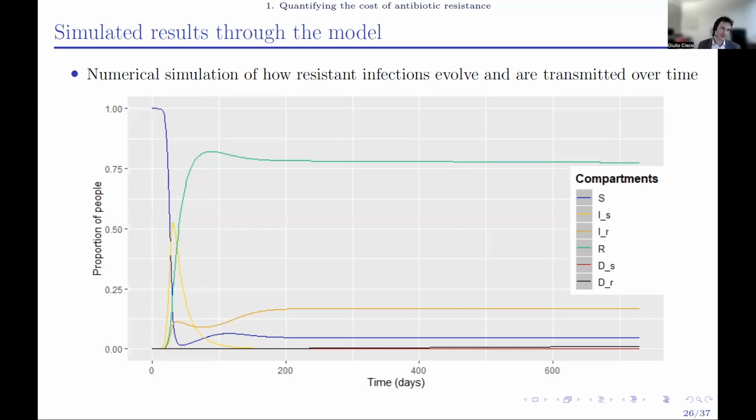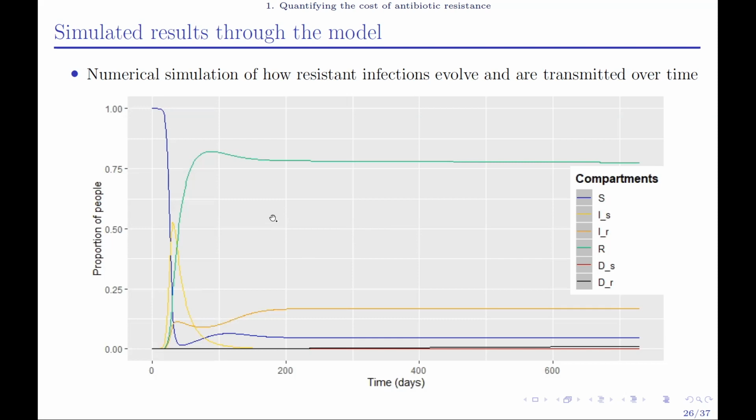I did some numerical simulation just to show you the curves over time, but to do that precisely, we need a lot of data, as we will see. But yes, in general, this is the idea. So at the beginning, on the y-axis is the proportion of people. At the beginning, all people are healthy, basically. And then after a while, depending on the parameters about the infection rate, the mortality rate, and so on, you become infected or dead or